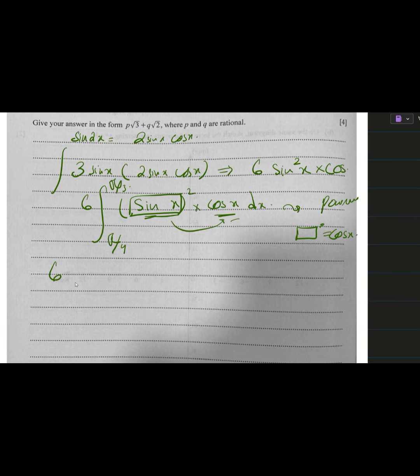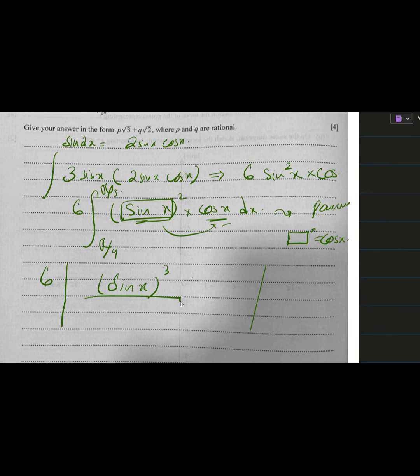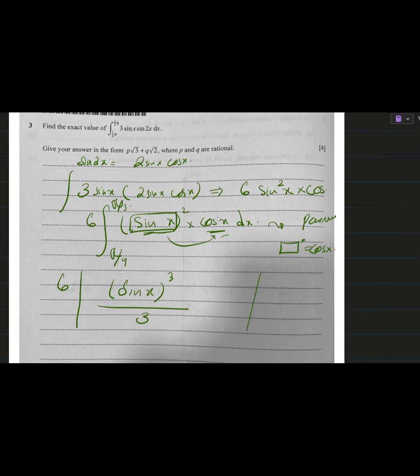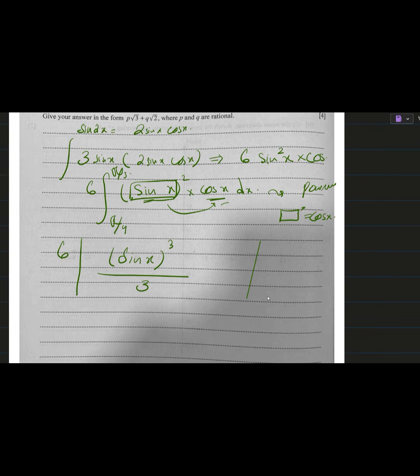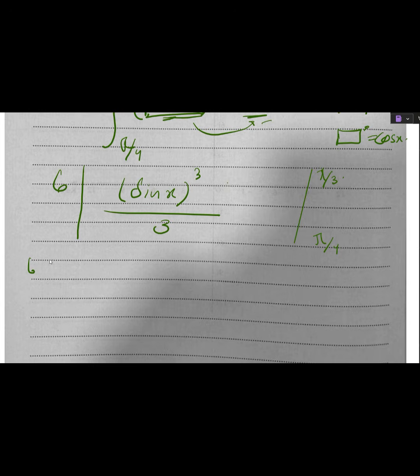So we can write 6 and then mod of sine x power 3 divided by the new power, which is also 3 as well. So that will be our integral, and we'll have the limits as pi by 4 and pi by 3. Then we can apply the limits, so the answer will be 6, and then sine of pi by 3 is sine of 60. Sine of 60 is